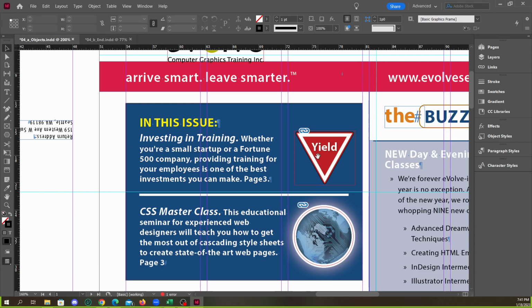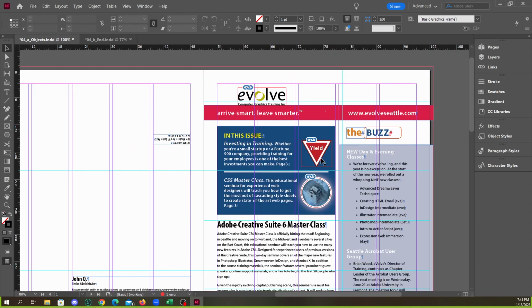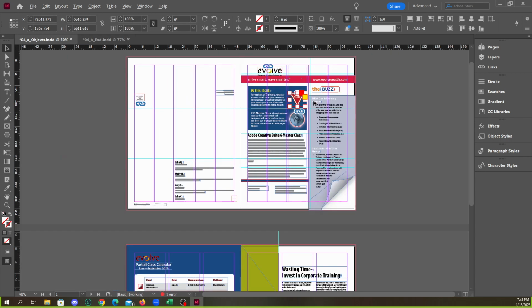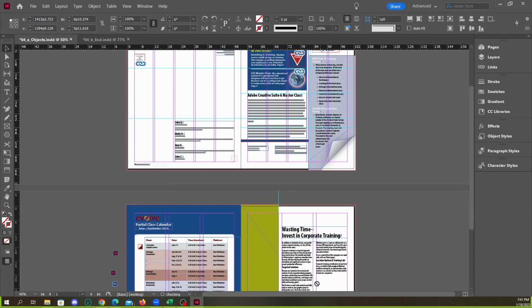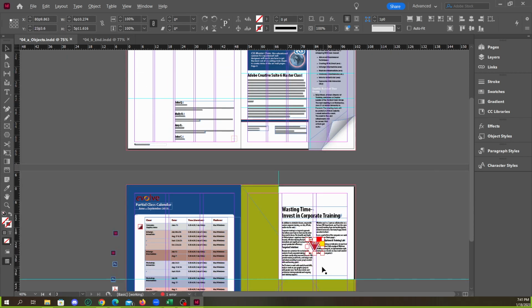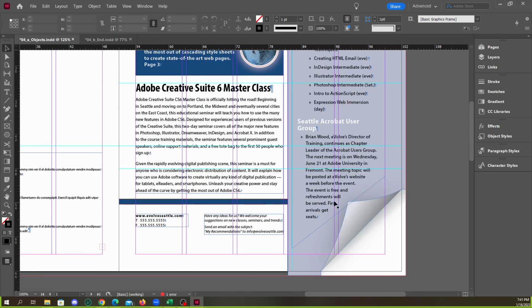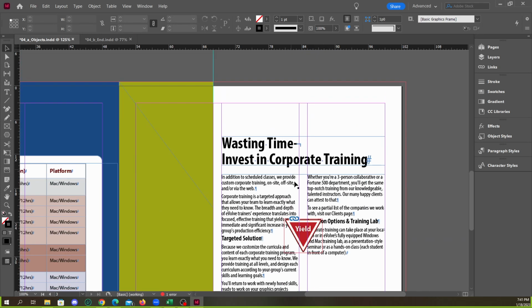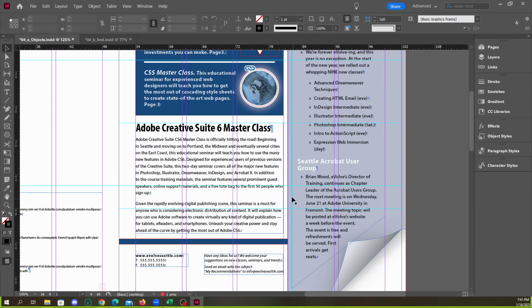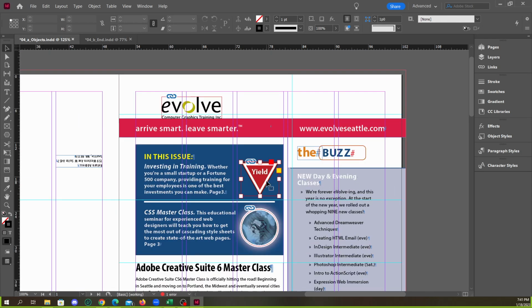So it's back to the old yield sign. Now if we just copy it and put it here, I'll do the text wrap after. We're gonna have to wrap the text around it obviously, but just to make my point, we select it here,